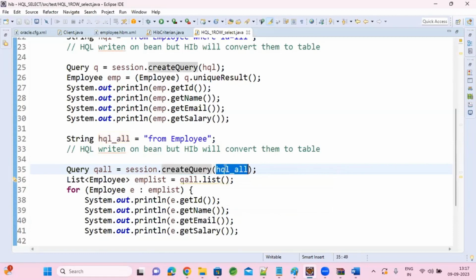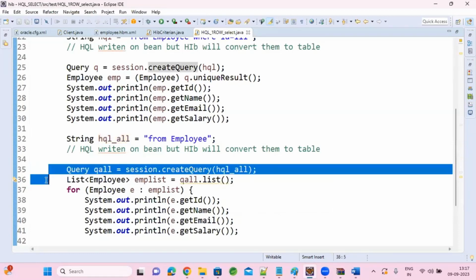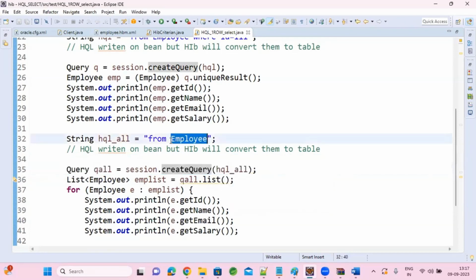HQL query. Correct. This is a very important one. In real time, we write simple selects very rarely, right? We will always be having multiple table combinations. You put that query here in HQL and pass it here. Sir, in Spring Data JPA also we do that. Using @Query, we pass our query. So it does the remaining for us. Yeah, that's what I was asking. In Spring JPA,